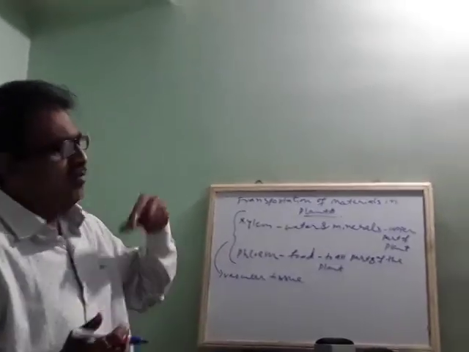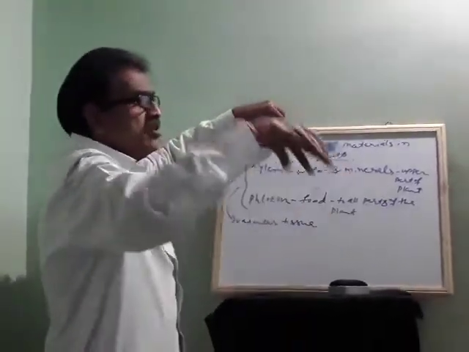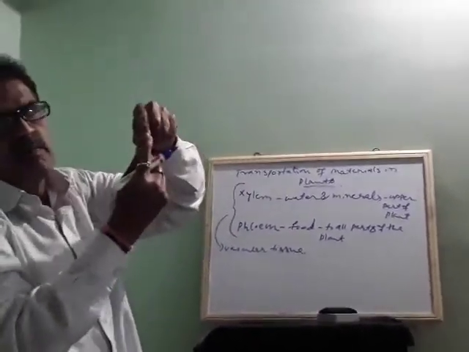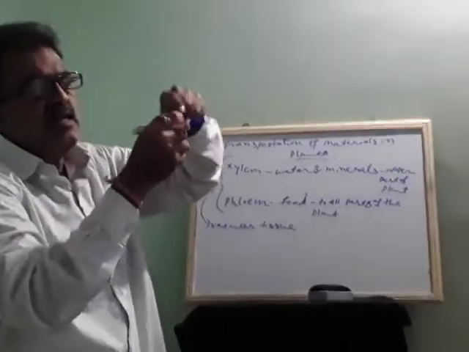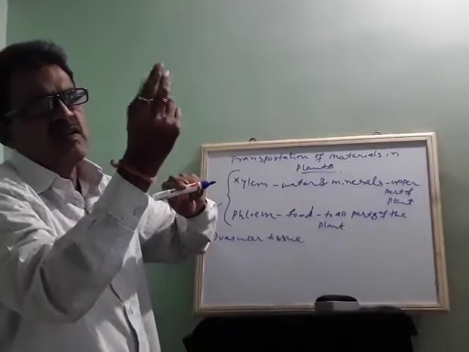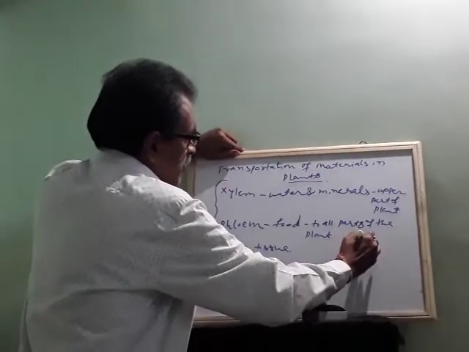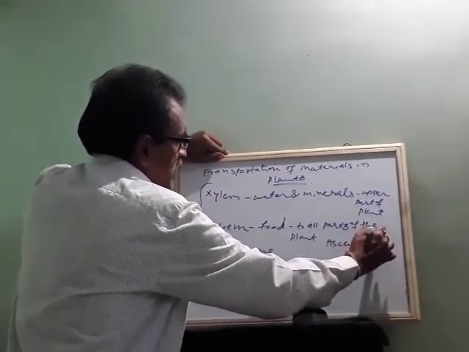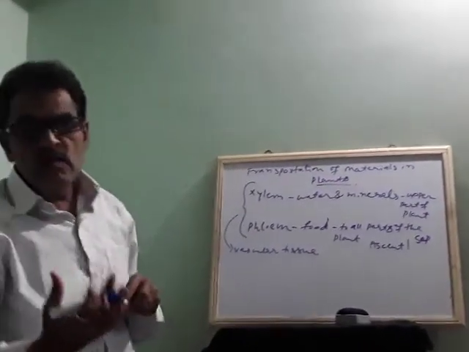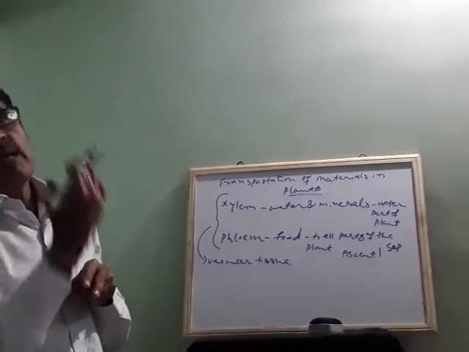But when water and minerals are absorbed, the water and minerals present in the stem feel like liquid. Suppose you take a small herb and cut it or squeeze it, you get a liquid. Some feel a little watery, because it contains a liquid called sap. So ascent of sap means what? The upward movement of water and minerals through a pipe-like structure is called ascent of sap.